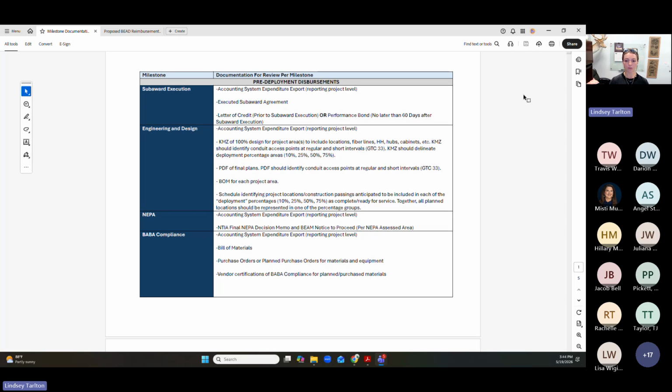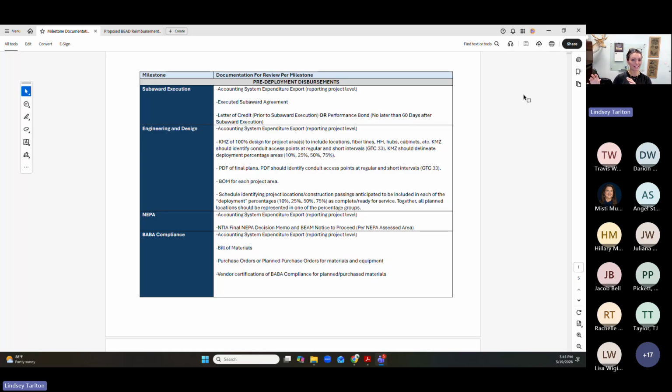The locations, the BSLs in NEPA area 1 underneath reporting project B have the clarity from NTIA and from the BEAM office to proceed forward with construction for just those BSLs. Remember, that's in your subaward agreement. Can't touch dirt that doesn't have those reviews and notices to proceed on them. So NEPA 1 can move on. NEPA 2, underneath reporting project B, held up for whatever reason, you cannot start construction on anything, any BSL, any area that is included in NEPA 2.